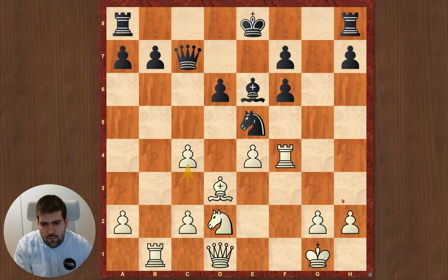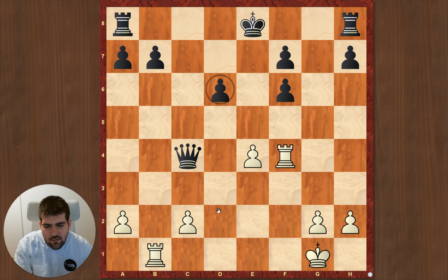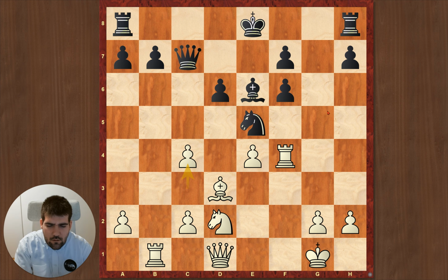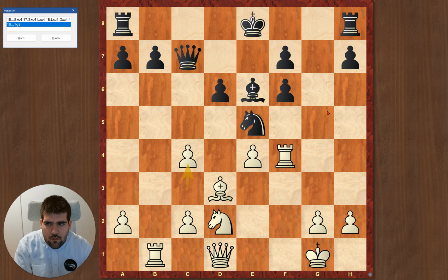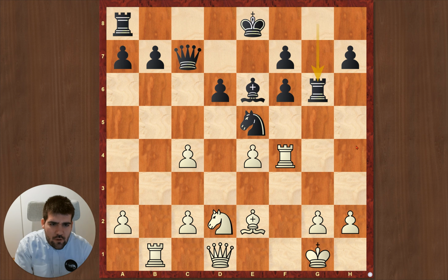I played c4. In case he would capture, I would just recapture everything, and at the end d6 is hanging. And since his king is still in the middle, I have a better position. He went for rook g8, bishop e2 to avoid this knight move, rook g6,